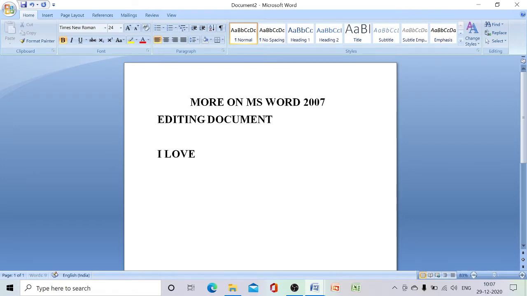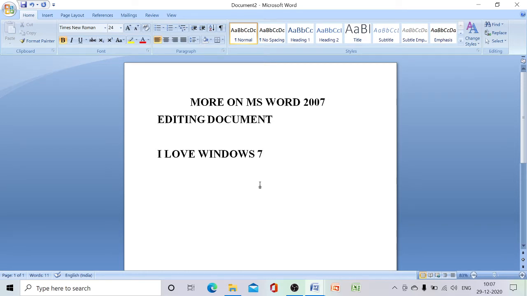You can see the sentence "I love Windows 7" in your textbook. To edit this text we have to select the text. You can select part of a text or the whole text according to our need. We can select the text with a mouse or using the keyboard.